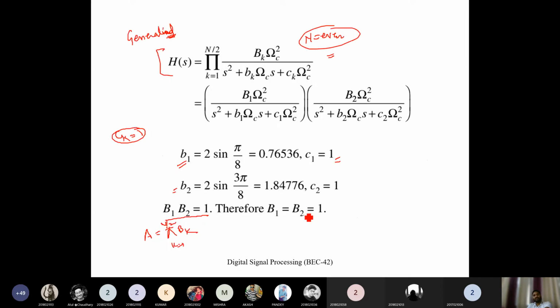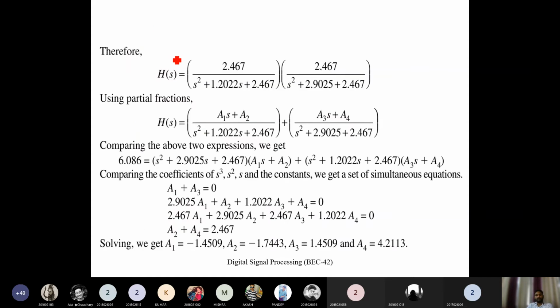So by using all the values that we have derived from there, and this expression, we will be putting this value, and finally we will be getting the H of s value. By putting the value of different terms, we will be getting this value. Once we have put this value, and after making the partial fraction, we have just separated it out, and we will be converting, because we need to find out the z transform.